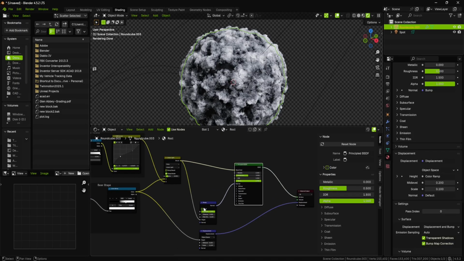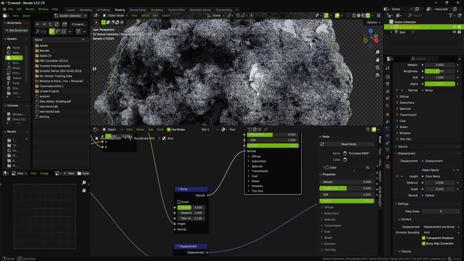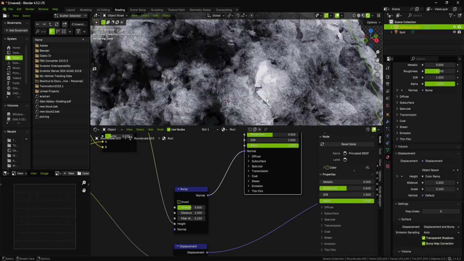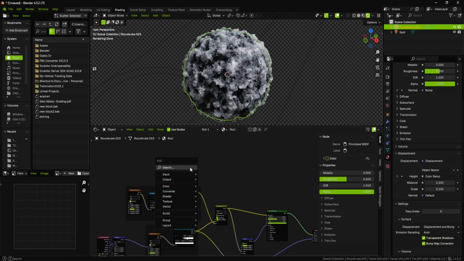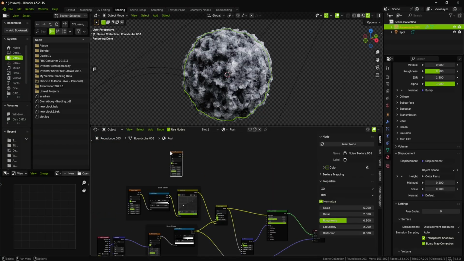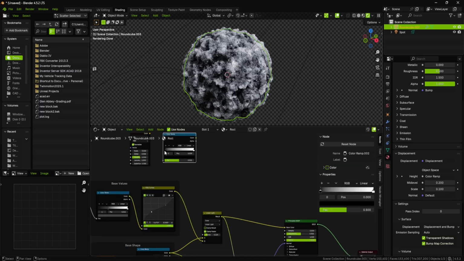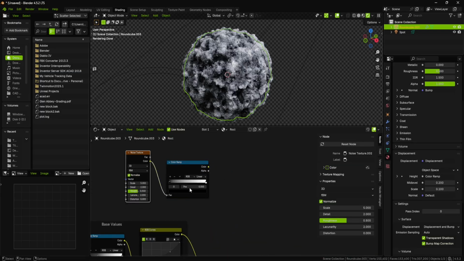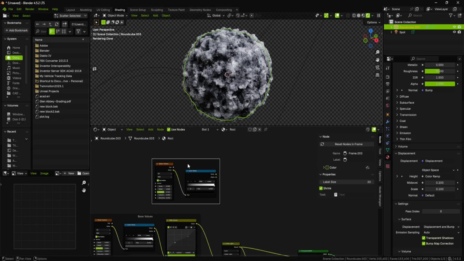I'll set the strength to 0.5 and the distance to 1, and it's a subtle effect, but it does make a difference. And now I want to add some colors, so I'll hit Shift A and add a noise texture and a color ramp and link them together, plugging the noise color output into the color ramp. Then I'll select both nodes, right click and join a new frame, and then right click and rename it to